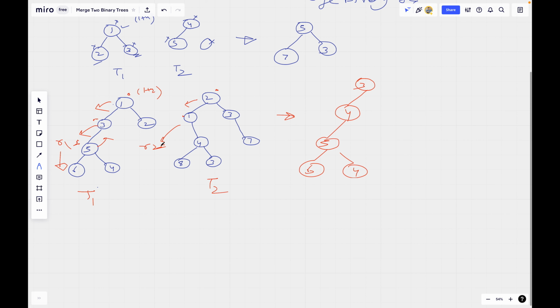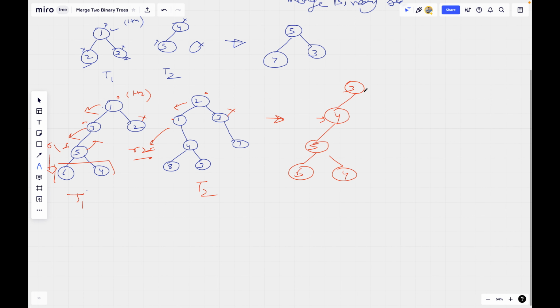And why we are doing this? Because we know that if R2 is null, there is no subtree down there, right? So below R2 we will not be having anything in T2 to merge into T1. Hence we will be ignoring this portion and we will simply be attaching this to the left of this node, which is 4. Now we are here, we will simply be updating this node to 2 plus 3, which is 5. Now we again move leftwards. In this case both R1 and R2 are null, so we will simply be returning null.